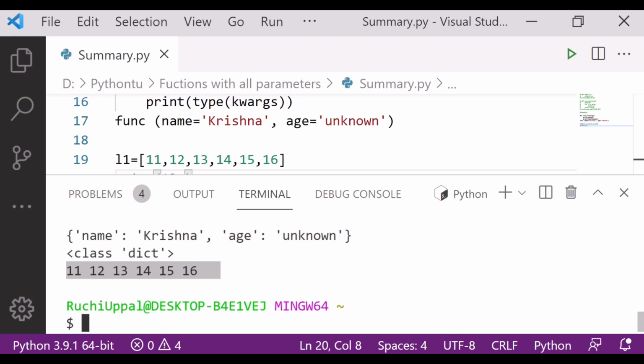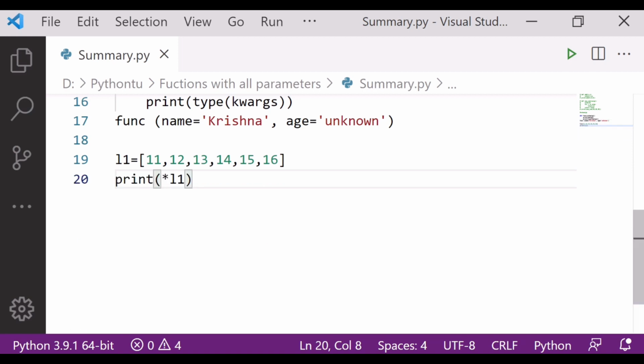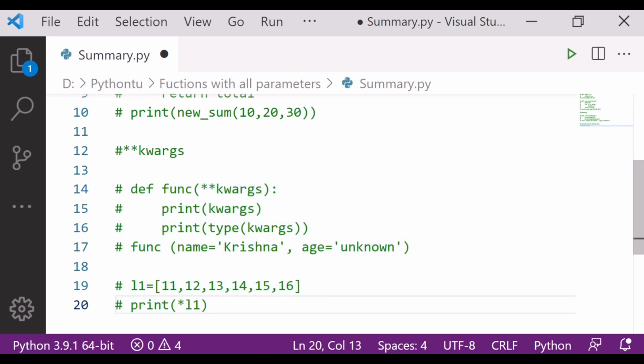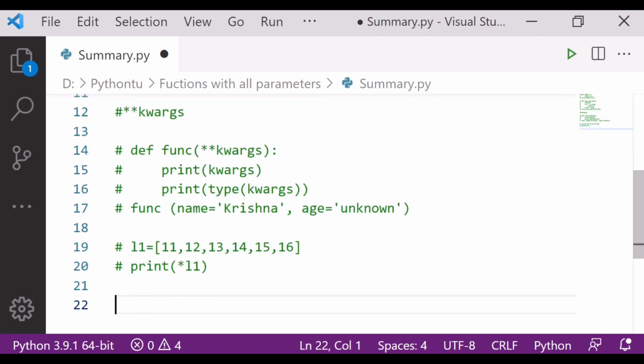You can say unpacked together, if we pass multiple iterables that have to be unpacked together with a single element. So how to do that, let's see that also. Let me comment it out. Let's define one function, func1.